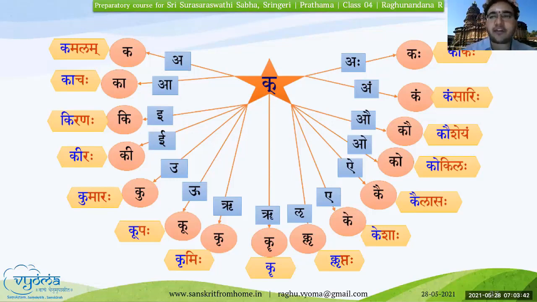Now I start identifying some words which contain this particular Gunitakshara. Maybe it starts with that particular Gunitakshara. In some cases, for some of the letters, we may not be able to find it. So then at least we will have to find a word which contains that particular Gunitakshara and so on. So now we will also learn these letters. We will do some Ucharanam. We will practice reading these letters.